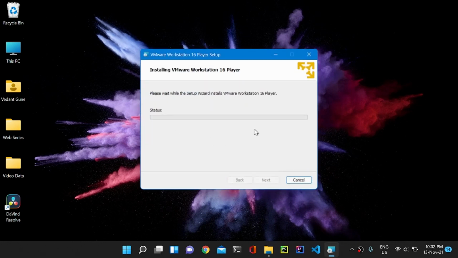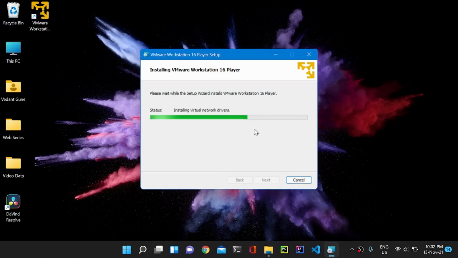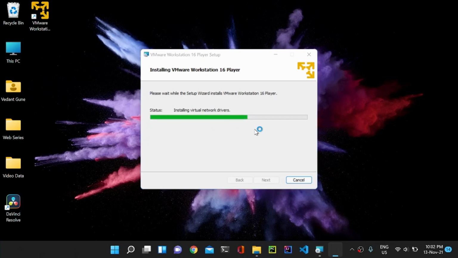This will start installing VMware Workstation 16 Player, which will be a virtual machine that will help us create virtual operating systems. We will install our Fedora on this VMware Workstation without touching or disturbing our Windows 11 host operating system. That's the benefit you have while working with these virtual OSs. This will take a bit of time and I will be back when the installation finishes.